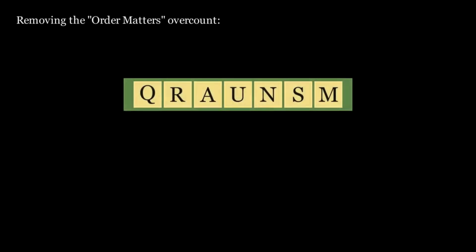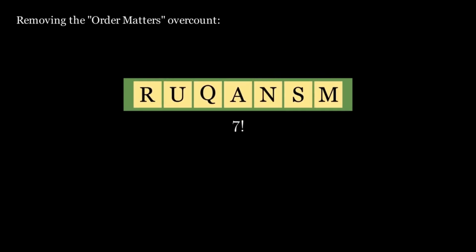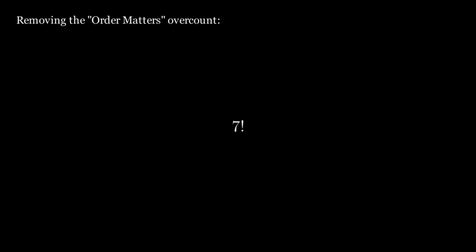Just as in the whole bag case, for each group of 7 tiles, 7 can take the first space, 6 the second, all the way down to the last, giving 7 factorial ways of arranging the tiles on the rack, so we have this common factor of 7 factorial that we can divide through by. This cuts our last number down to 100 factorial over 100 minus 7 factorial times 7 factorial, or 100 choose 7 possibilities, which comes to about 1.6 times 10 to the 10, a reduction by a factor of over 1,000.